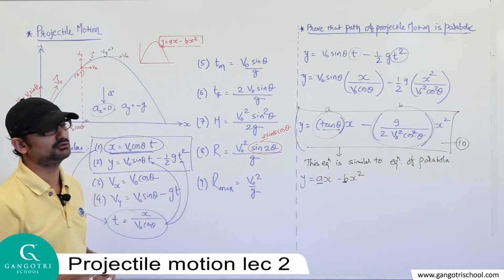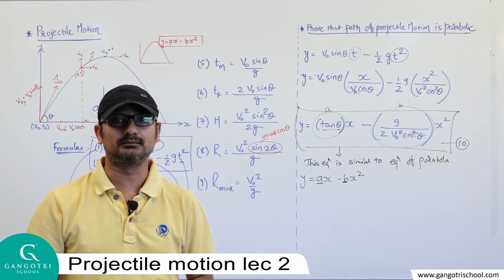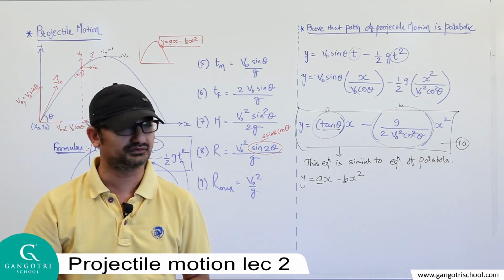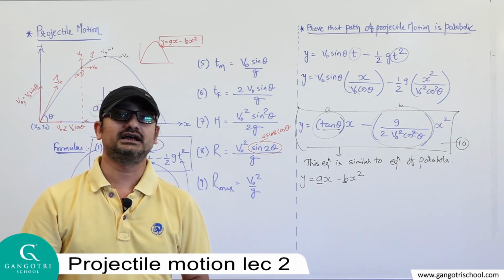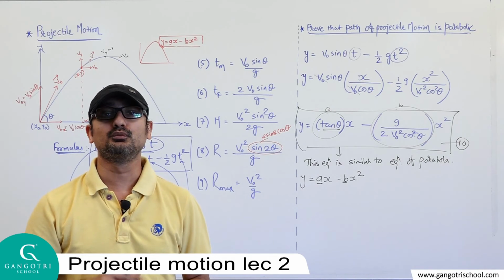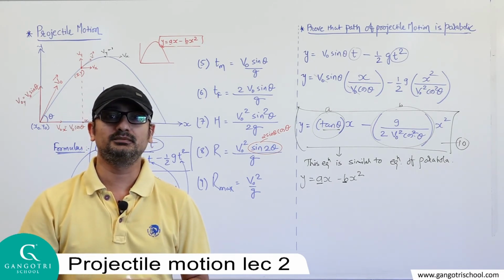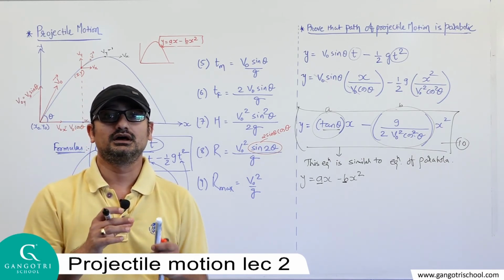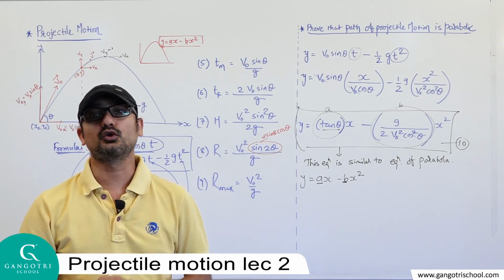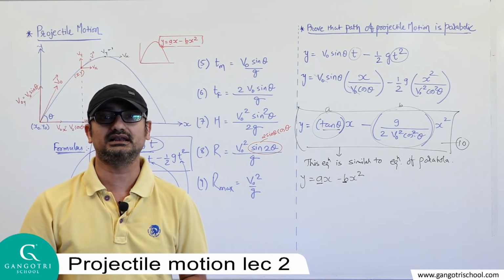So in total we now have 10 equations for projectile motion. Now we are able to calculate the sums or MCQs which are given in our textbook. Definitely we will do it. Definitely we will calculate all these sums. But before that, I want to give you a few more relations, a few more formulas, through which MCQs will become short and we can prevent long simplification and long calculation. So a few shortcut tricks, a few shortcut formulas, that I'll give you before we start calculating the sums from the textbook.